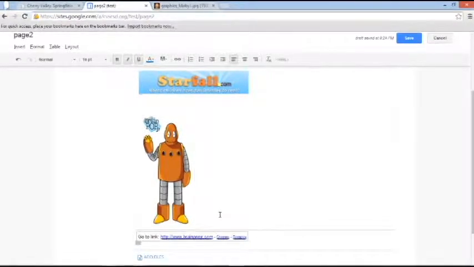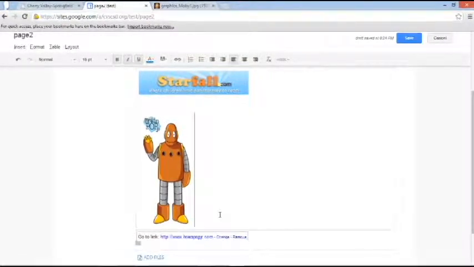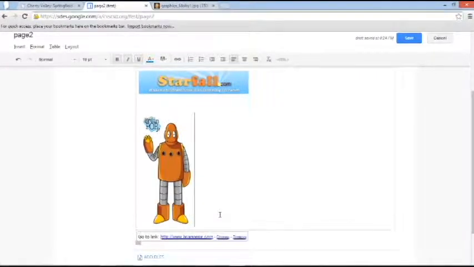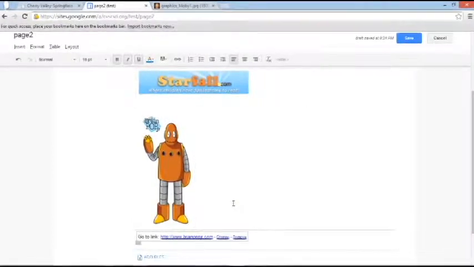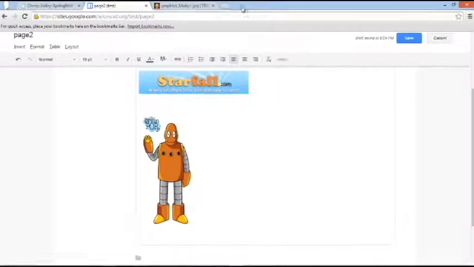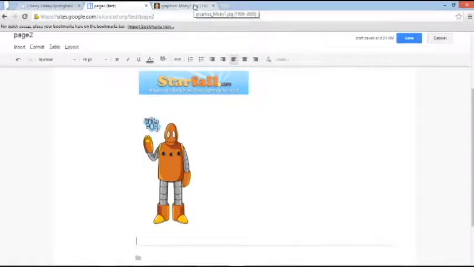Now the third way that we can create pictures as links or icons is by using something called the snipping tool. The snipping tool is available in all Windows computers since Windows Vista and up. What the snipping tool does is it creates a screencast of a small section of your computer. So you can pretty much take a clip of what you're seeing on your screen and create that as an